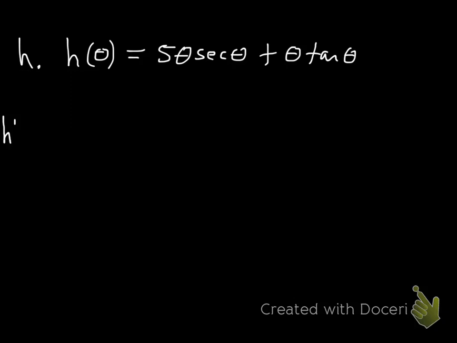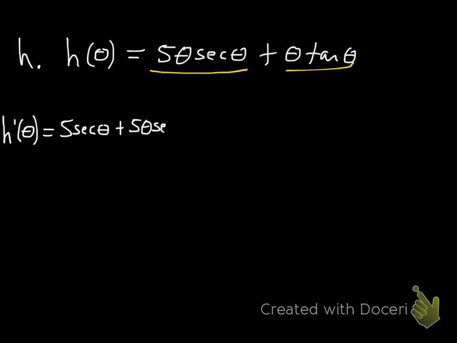So our function is 5 theta secant theta plus theta tan theta. We're going to be using the product rule twice because both 5 theta secant theta and theta tan theta are products of functions. So it would be 5 secant theta. The derivative of the 5 theta will just be 5, and then the second function is secant